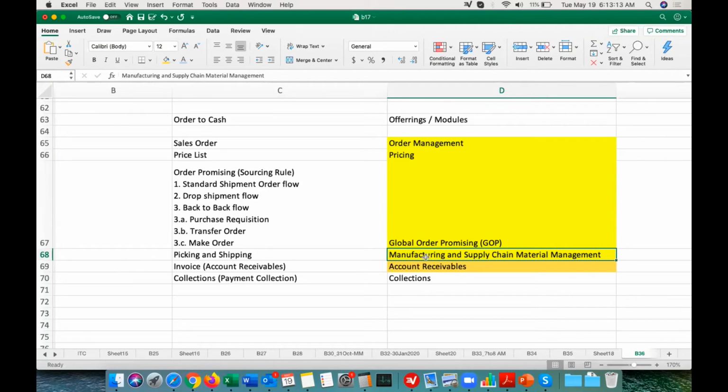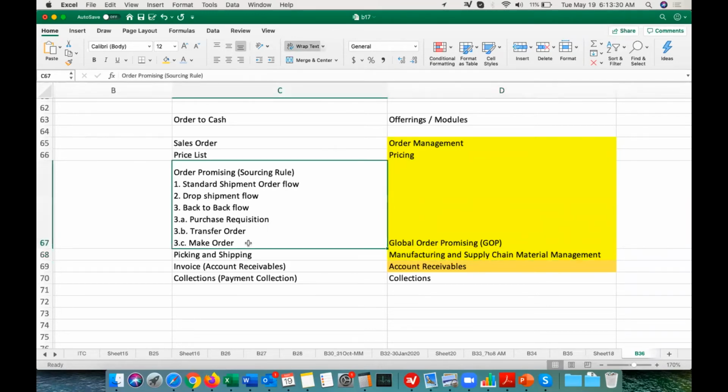Here it is called the work definition and then the work execution. We will not call it a manufacturing module. In the work definition, you will create all the routing, and in the work execution, you will create the work order, and then you will make that item. So if you implement the manufacturing module as well, then when you do the make order, you will be able to manufacture that item, and then we will get that on hand as a final finished good item. Then we will ship it to the customer.